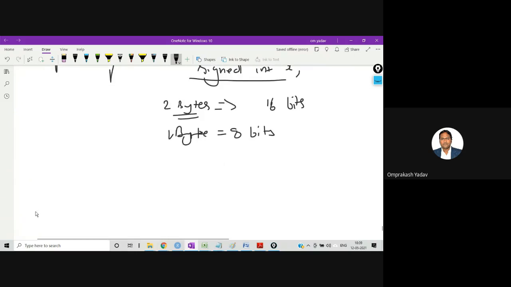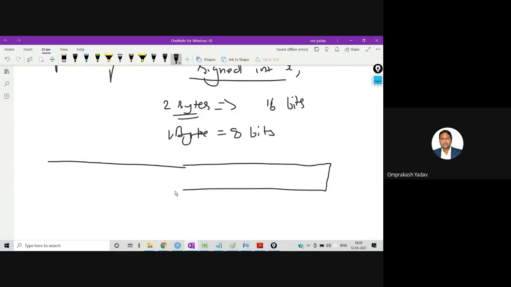So what happens? Let me draw this. So this is 0, 1. I'm marking the bit places, let's say 2, 3, 4, 5, 6.